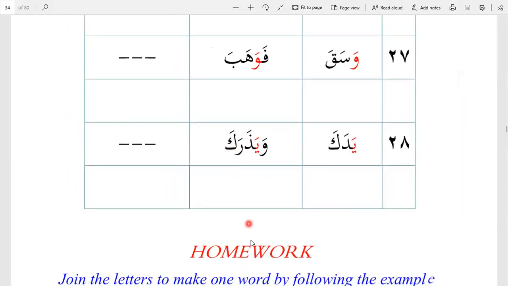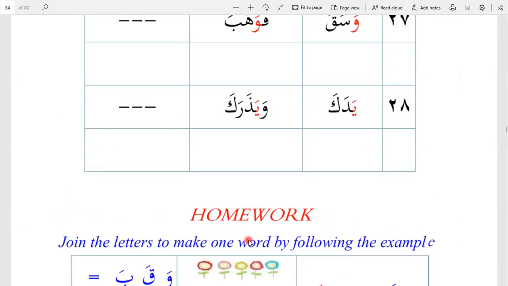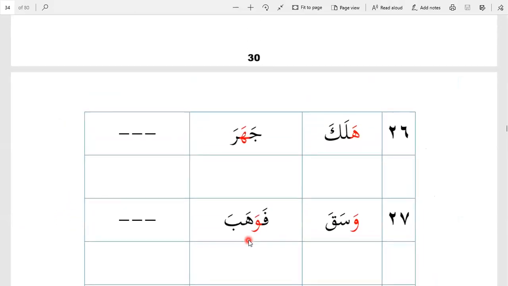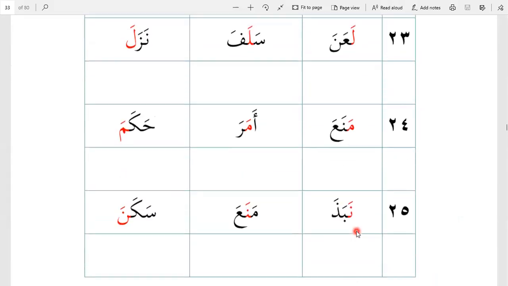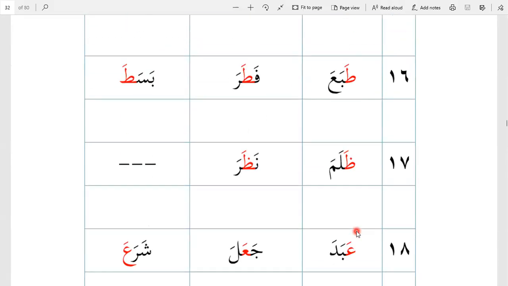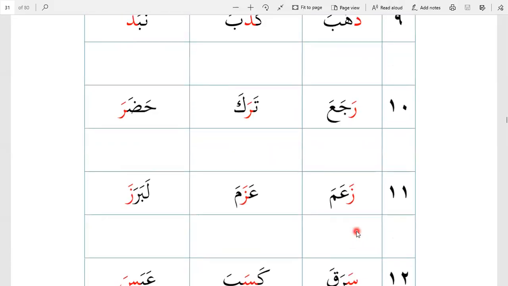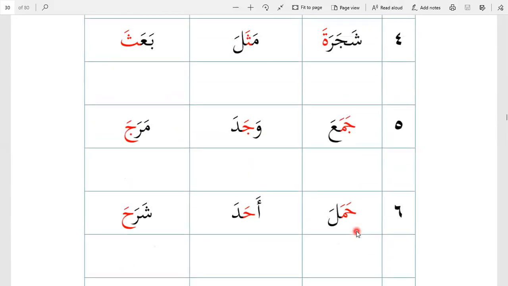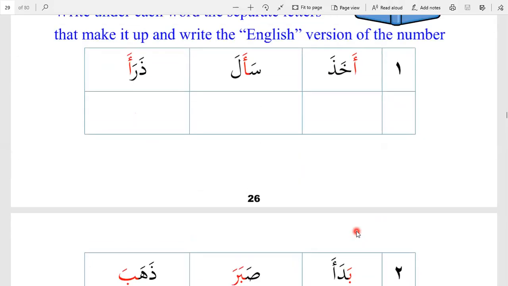The homework that is mentioned here, we'll do it together tomorrow, inshallah. So we did 28 rows covering 28 letters. If you think you have read with me more than 75% of the letters correct, that's a very good sign. I would suggest that tomorrow you practice by reading one page of the Quran. If you've read less than 75%, what I want you to do is to come back to this exercise,